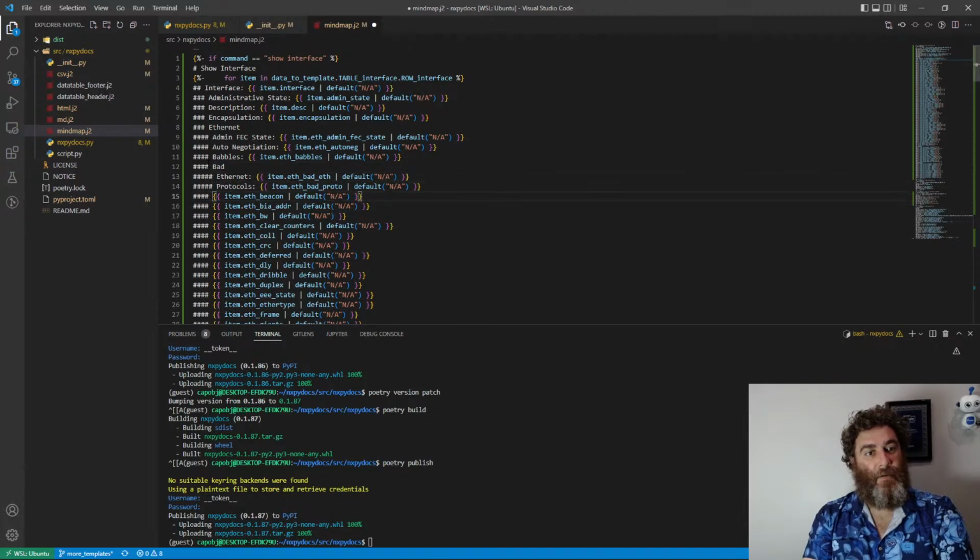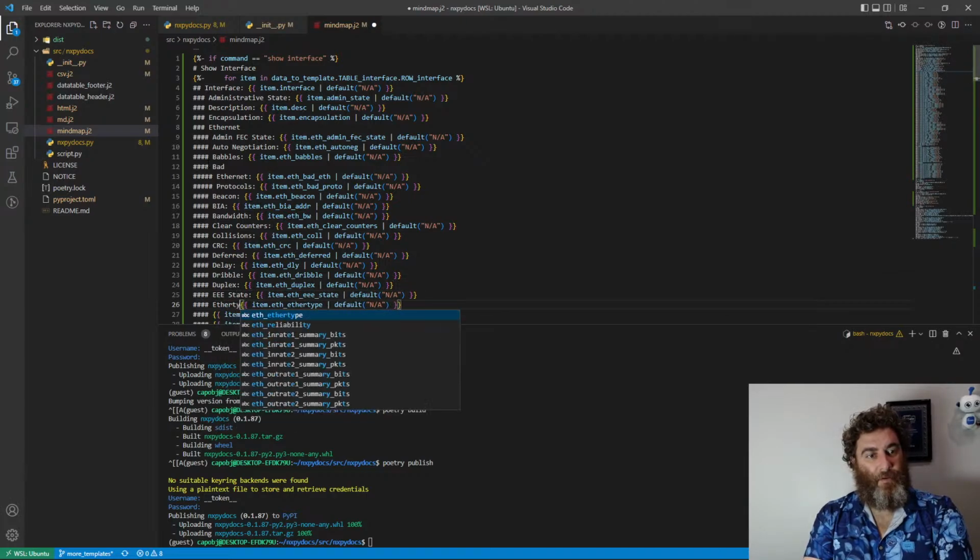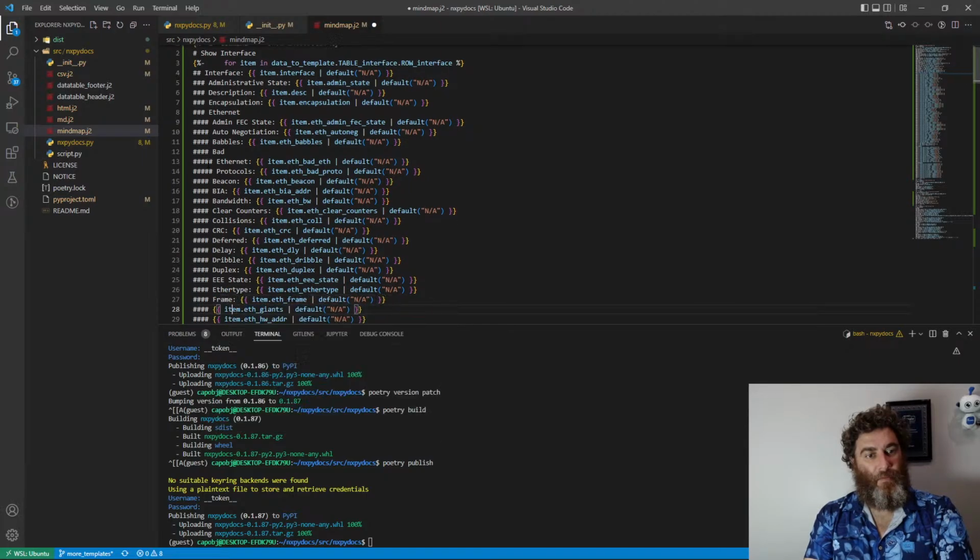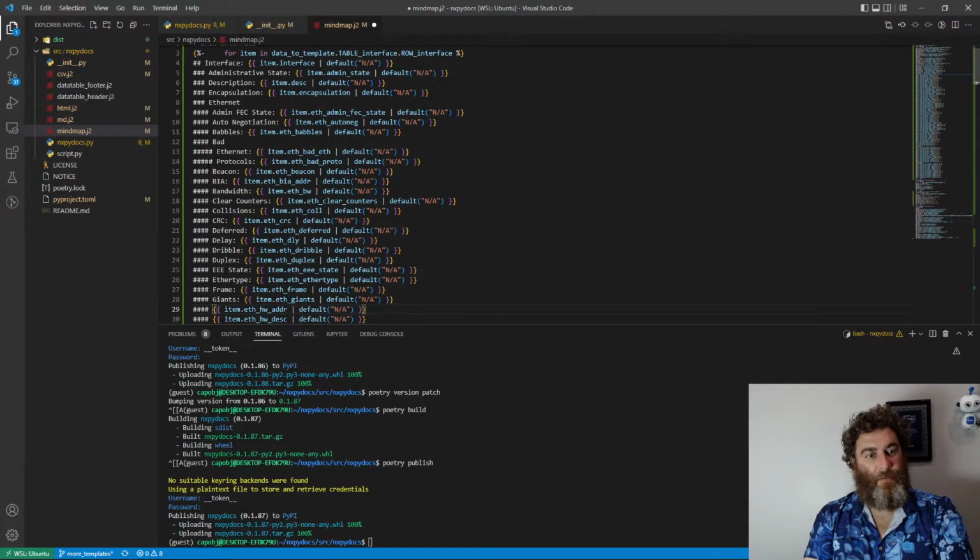with an extra header, beacon, burned in address, bandwidth, clear counters, collisions, CRC, deferred, delay, dribble, duplex, IEEE state, ether type, frame, giants, MAC address,